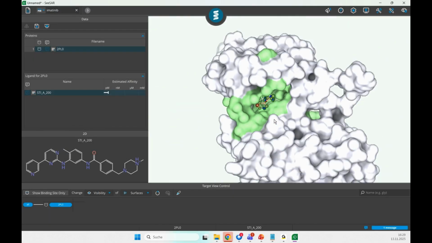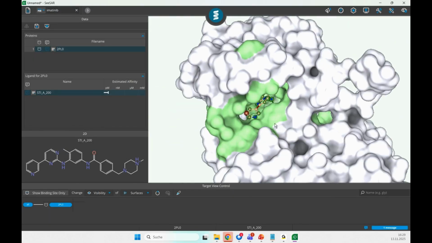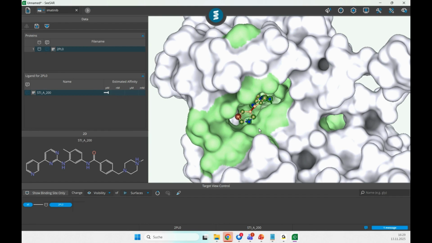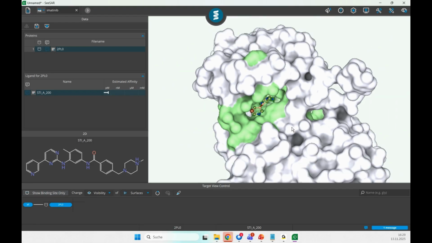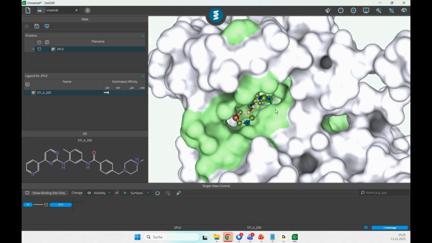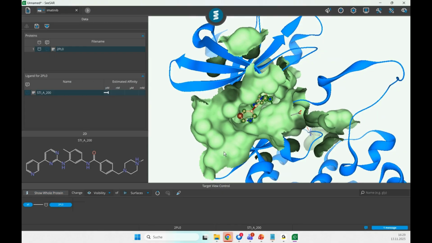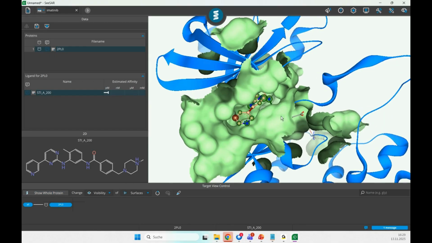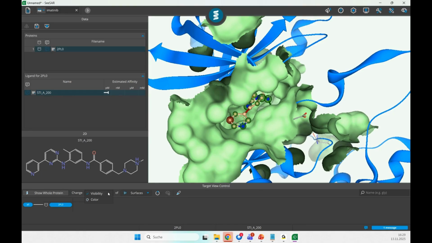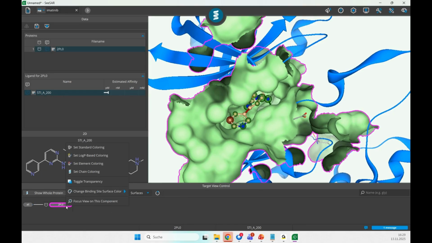And then we can see here how the protein looks. Fun fact, it's also possible to export the binding site surfaces as a 3D model, as I showed you. But since I don't like to see everything in this woolly clothing, I will turn on only the binding site. If you would like to have a little bit more transparency, you have to go to color and adjust